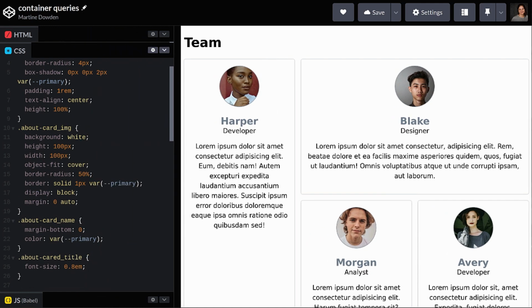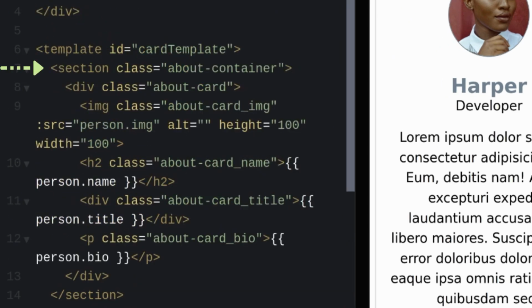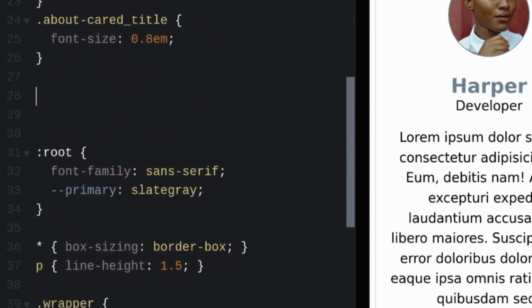So let's go ahead and change the layout for when the card is in a container that has a minimum width of 350 pixels. Before we jump right into writing our query style, we first need to define our container using the container-type property. This property goes on the outermost element of our component. In our case, the outermost element of our component is the section. We are going to give it a property of container-type. This property defines our containing context. It tells the browser that we want to query the container's dimension.